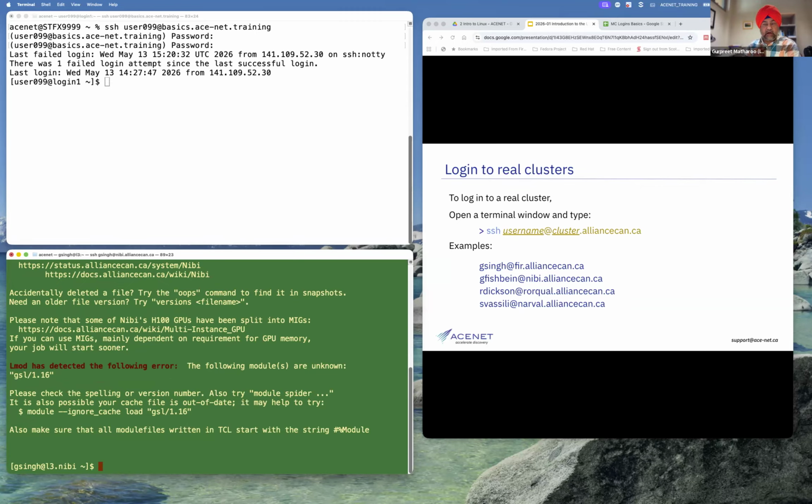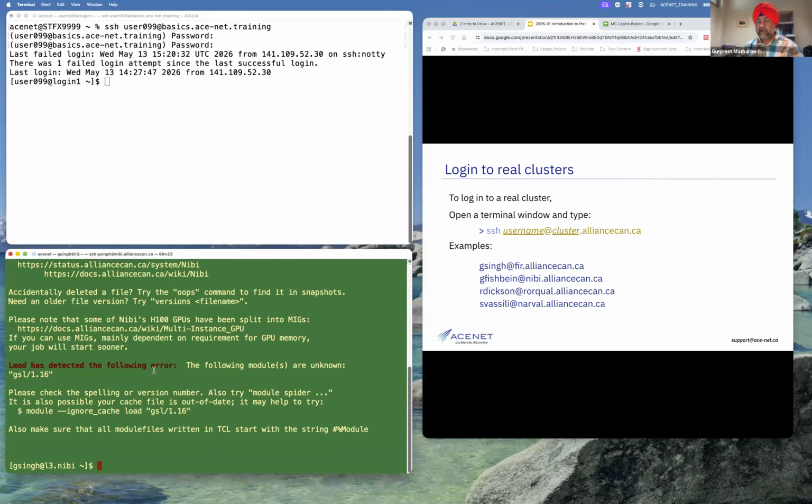Okay, so I will need green check marks if you are logged on to either of the clusters. If you don't have an account with Alliance or DRAC, then you can use our training cluster. Please try to log on to the training cluster as over here, and you can see the username over here. That's my username. And if you want to log on to the national cluster, you should be doing that as well. So please give me a green check mark if you have reached this step successfully, or more importantly, if there is a problem, please put a red cross mark.